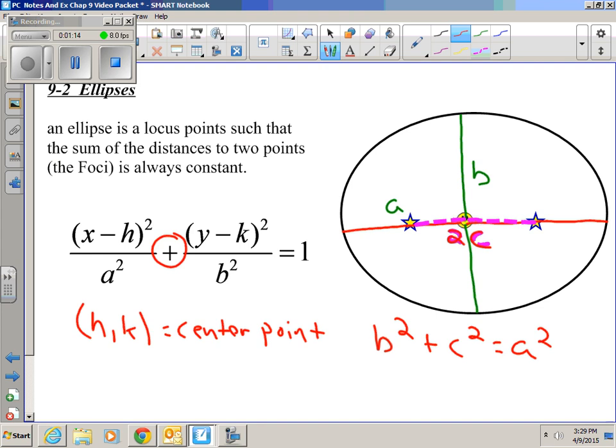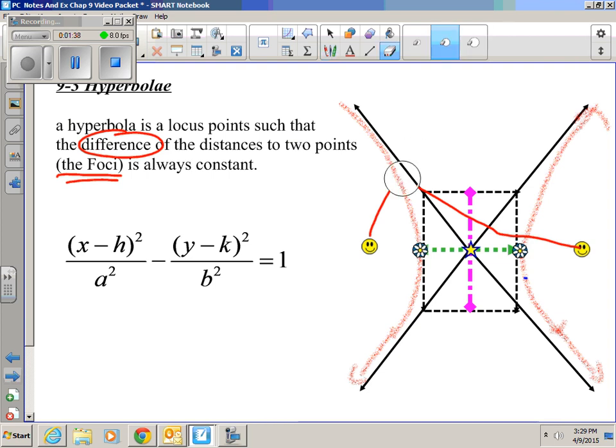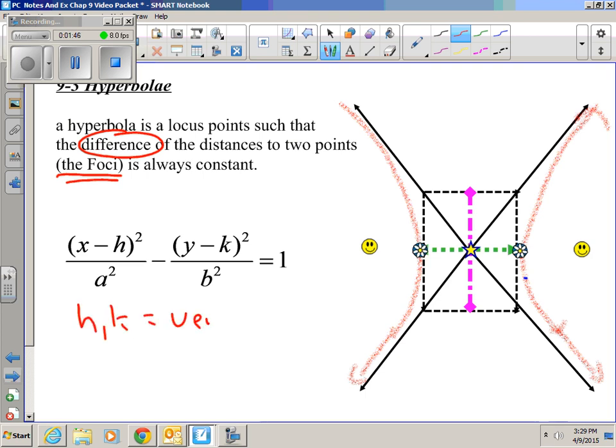The hyperbola is very similar, except that in this case, you can see the hyperbola is the difference of two distances from the foci to the hyperbola, this distance and this distance right here. Those things will have a difference that is a constant. Also, still h comma k is our center point, and a is the distance from center point to